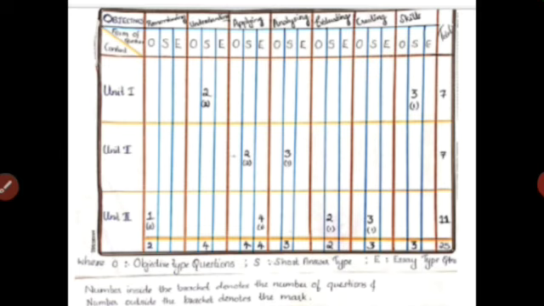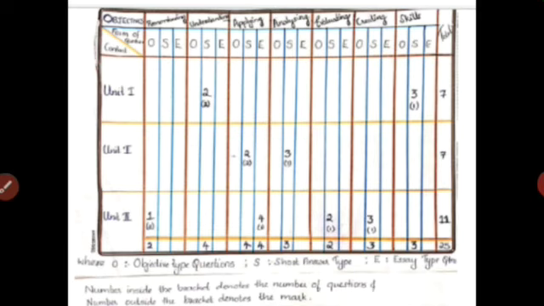Now we have to remember that we have already assigned weightage to objectives, form of questions, content and difficulty level, right? But you see, here we have only taken objectives, form of questions and content in this chart. The weightage to difficulty level should be kept in mind by the teacher while assigning the questions.